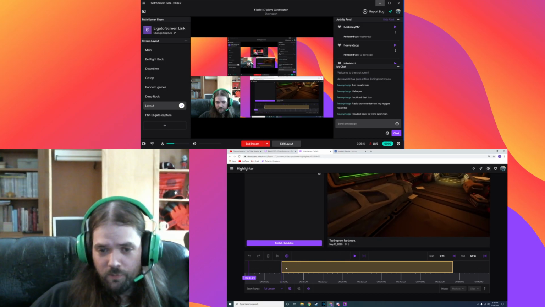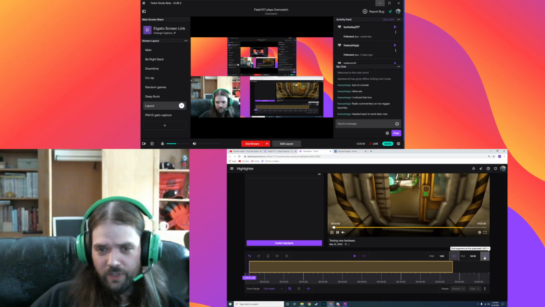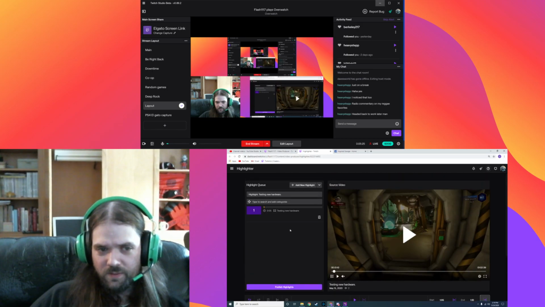It'll move this yellow position here. If you watch this, it goes like that, bam. And then when you hit that one, it'll end the segment, bam. And then you have a clip. As you can see there, it didn't work the first time I did it, but it will pause it automatically, clip it here, and then you can publish it by pushing it here.